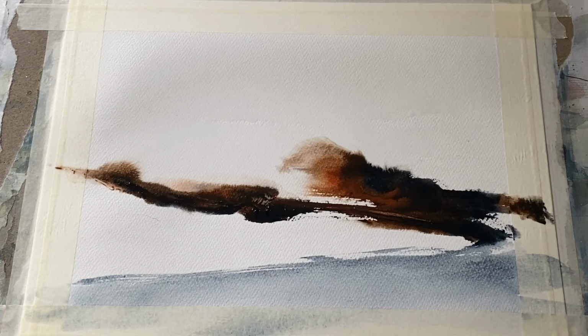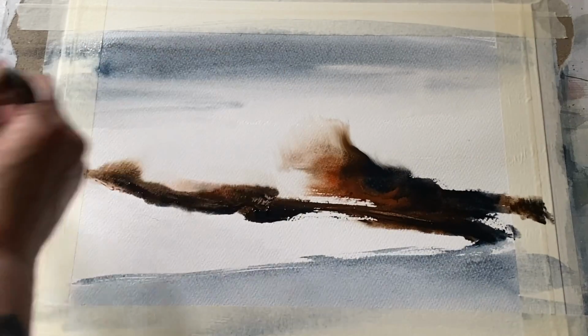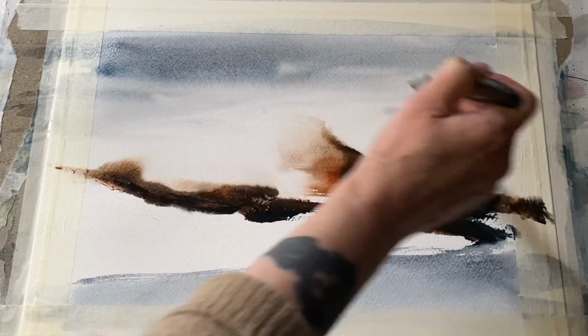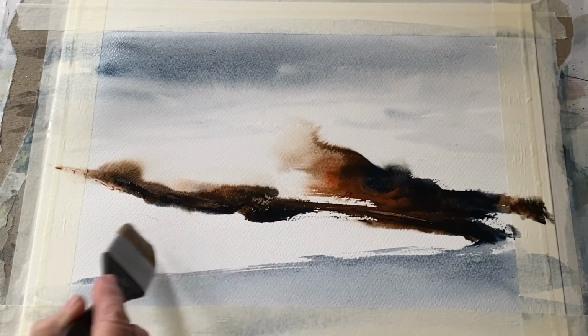Some might say, why not just apply the paint with brushes? And yes, of course, if you're interested in seeing what happens if you apply very thick paint with brushes, then that's a great way to experiment. But I feel that if you apply the paint with a stiff surface or semi-flexible surface like this silicone wedge,